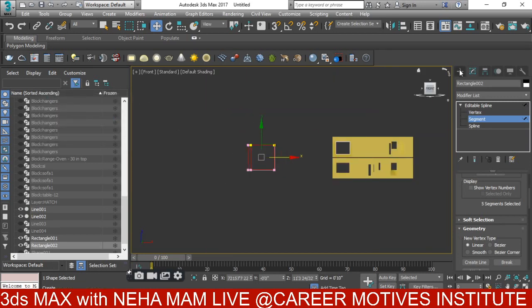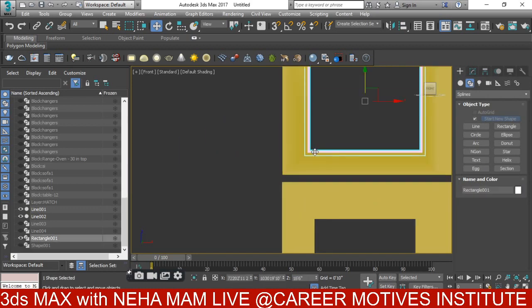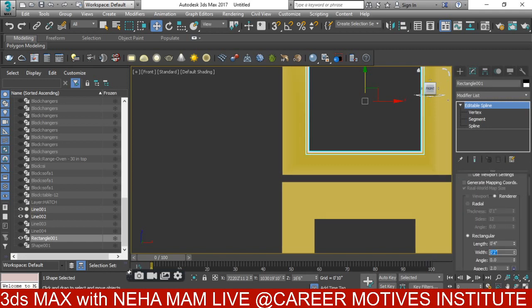Okay, so with the help of the same steps, I'm going to create all my windows. Okay, so here I'm going to change the width size. I'm going to take that like 2 inches. Okay, and here